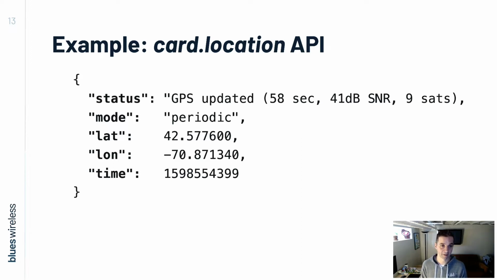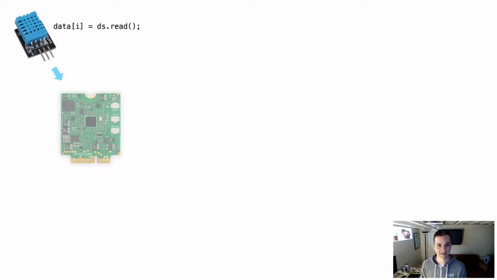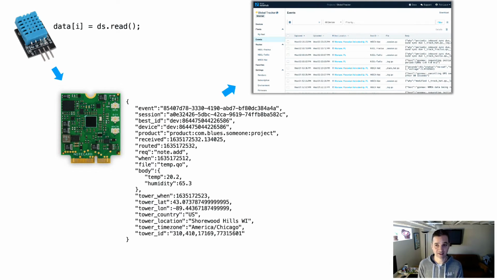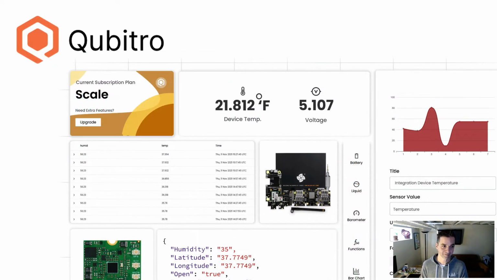So as a final quick, relatively simple example of what I just covered, let's say you have a DHT11 temperature and humidity sensor, kind of as basic as it gets here. You want to use the Notecard to send this data to your cloud endpoint. Well, Notecard's going to send that sensor data to Notehub along with some metadata about the request, like timestamps and the cell tower location and so on. But you may not need or even want that data to end up on your cloud. So Notehub will optimize your data payload per your requirements and send just the data elements that you want onto your cloud. So that's Blues in like 2 or 3 minutes or so.